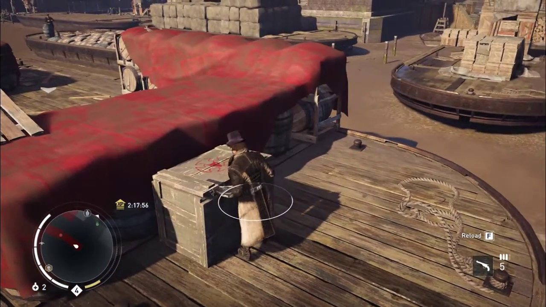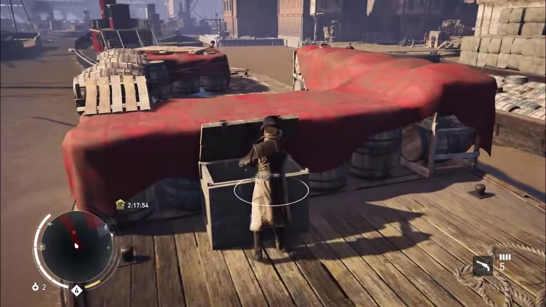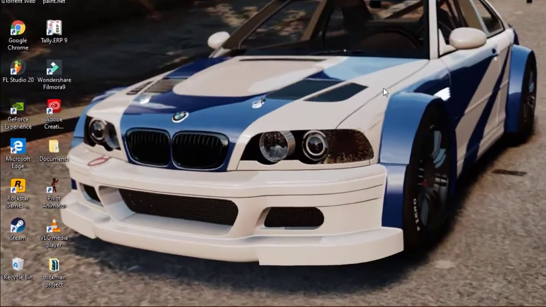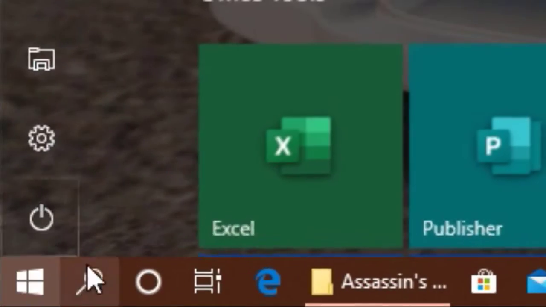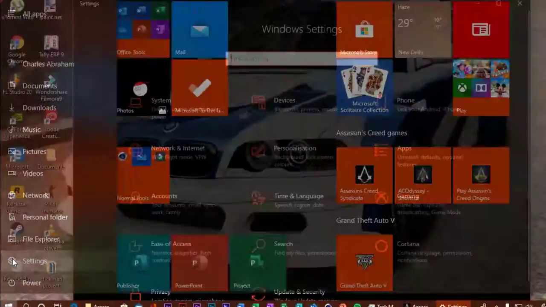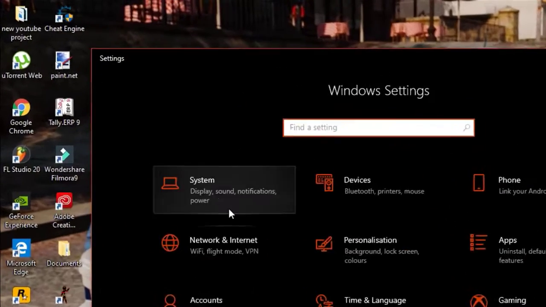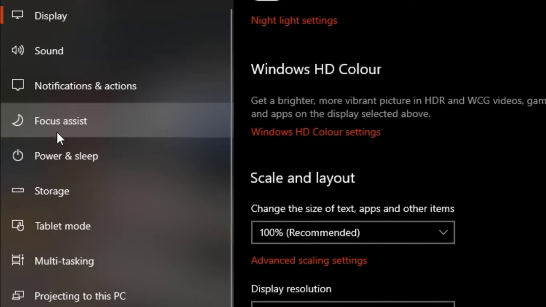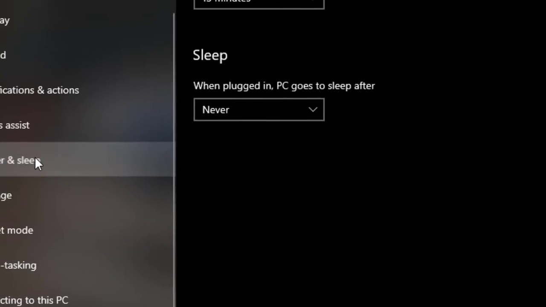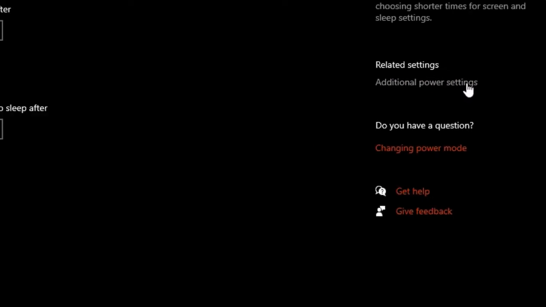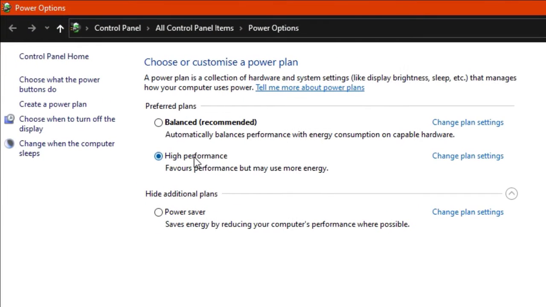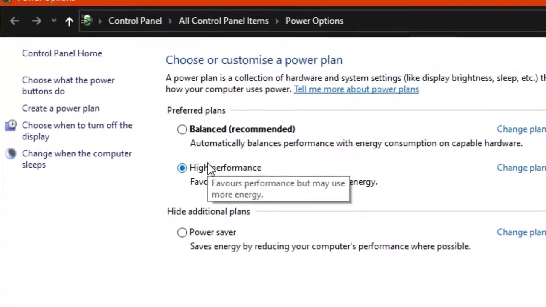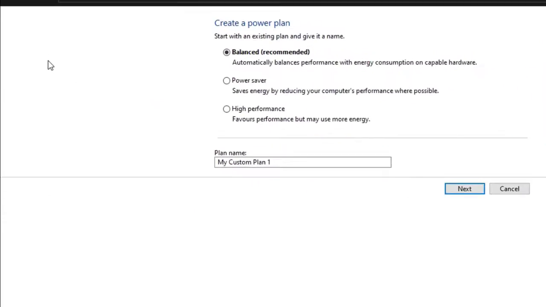If your PC is still lagging after applying the first step, then follow the second step. Go to Start and go to Settings. Go to System and go to Power and Sleep Settings and click Additional Power Settings. As you can see, there are 3 power plans. Switch to High Performance. If the High Performance option is not available, then click Create a new plan, and then